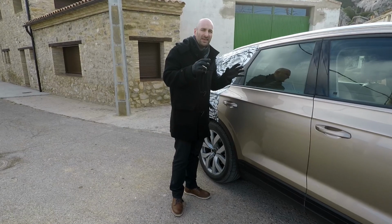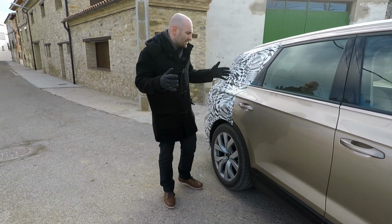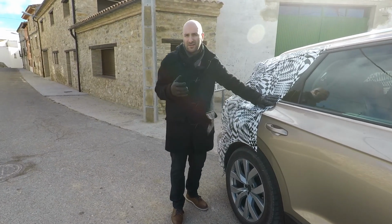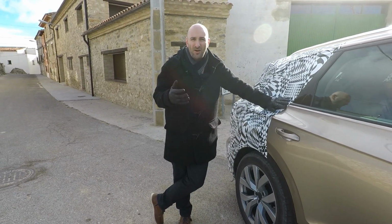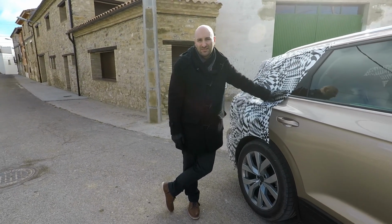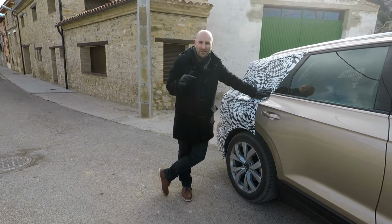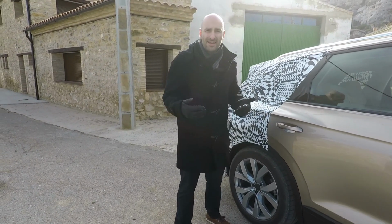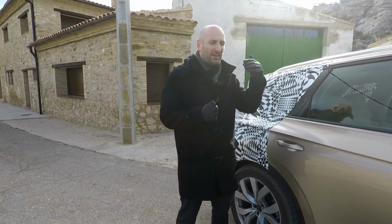You can select between the elegance or atmosphere package. So there's basically nothing negative to say about the Touareg in its third generation. Maybe the price will be something that might ruin your plans of getting yourself a new SUV, starting slightly above 50,000 euros. Well, you have to have the money, and the more packages you get, the better the engines are,